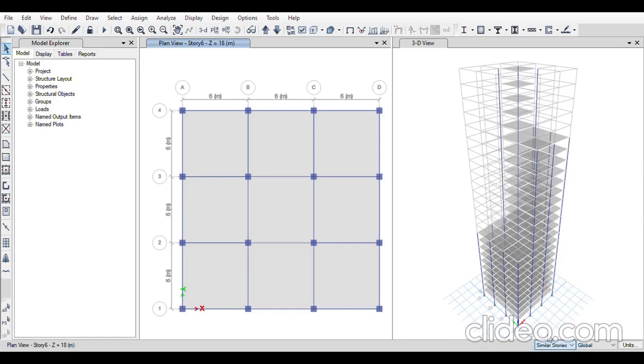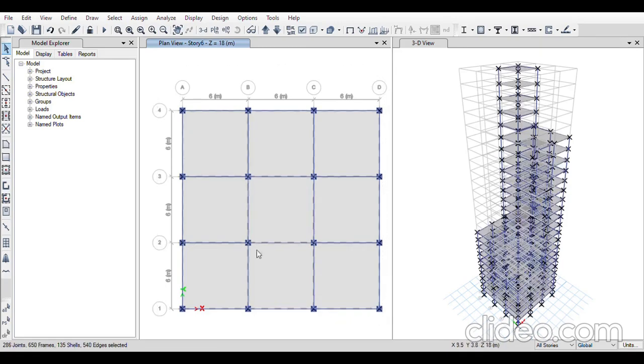I'll take all stories, because all the stories have the same dead load. Before assigning, I'll select all the slabs, and it will select all the slabs, and I'll define the load. I'll go to load pattern, dead load.